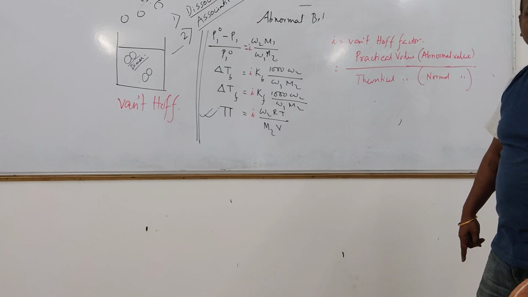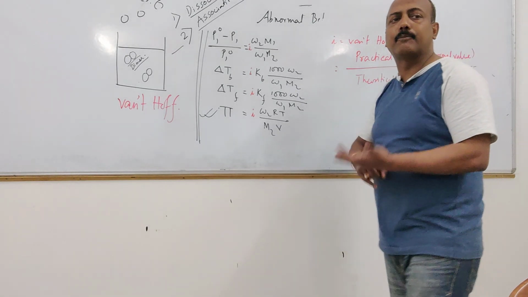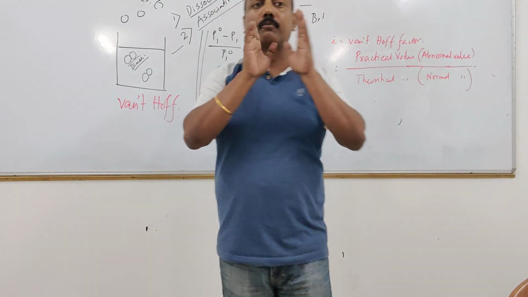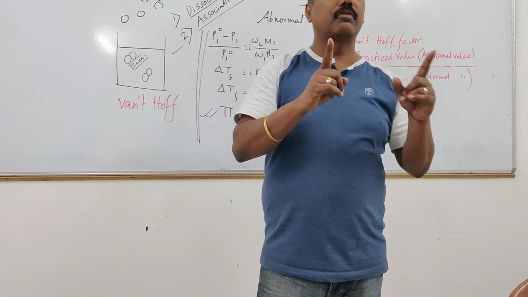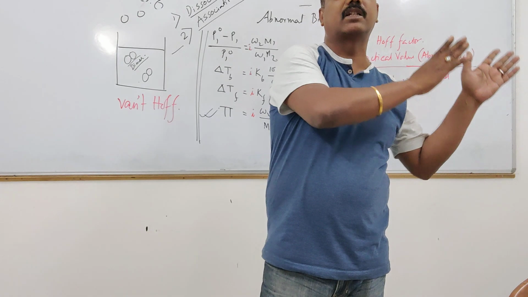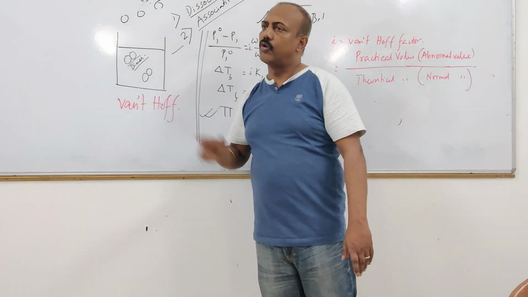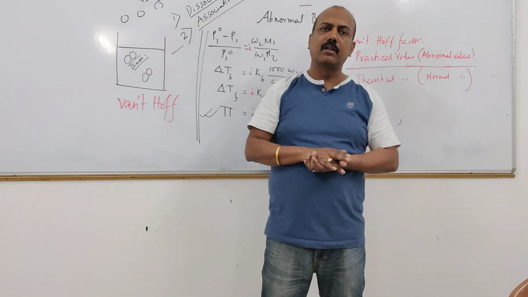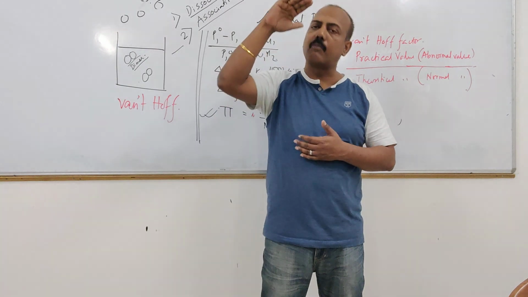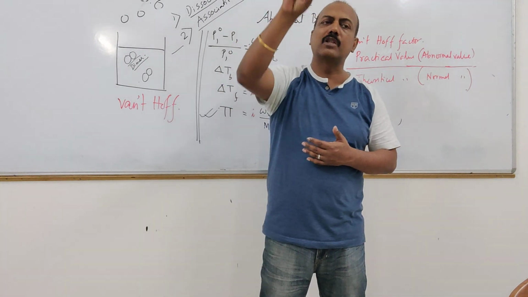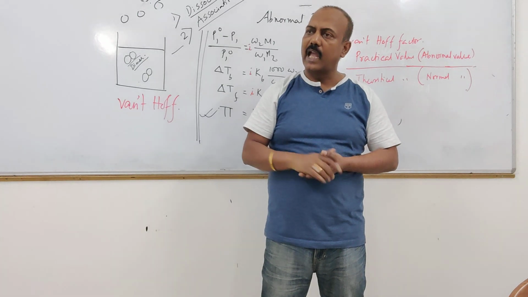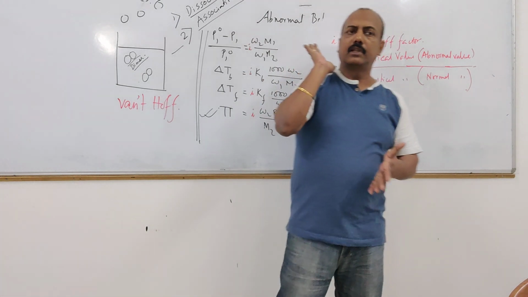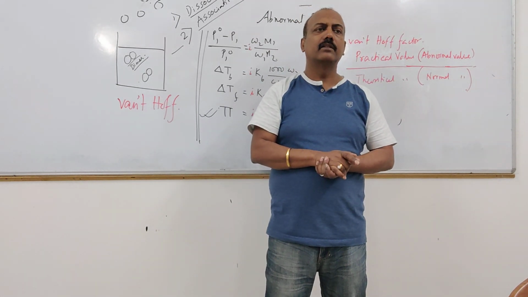Did you understand that? So there should not be absolutely any confusion. Both are correct because I have written both. It's not one equation; it's two different equations. One in terms of value, another in terms of molar mass. When we talk about value, obviously that is abnormal by normal. But when we talk about the molar mass, it is normal molar mass by abnormal molar mass, because if we put the value, the molar mass changes its position, as the molar mass in all the equations is present in the denominator. Is it clear?